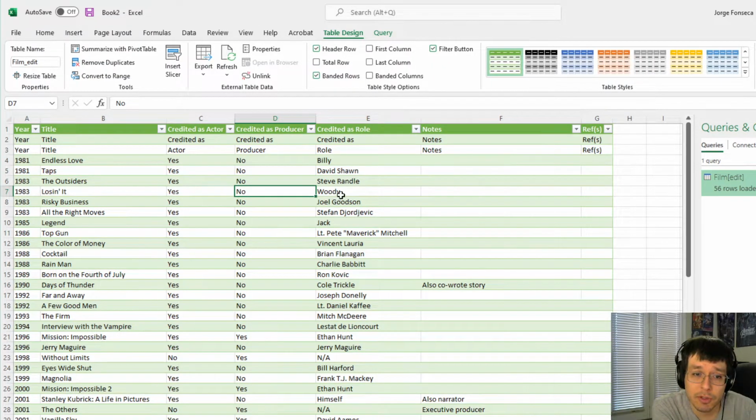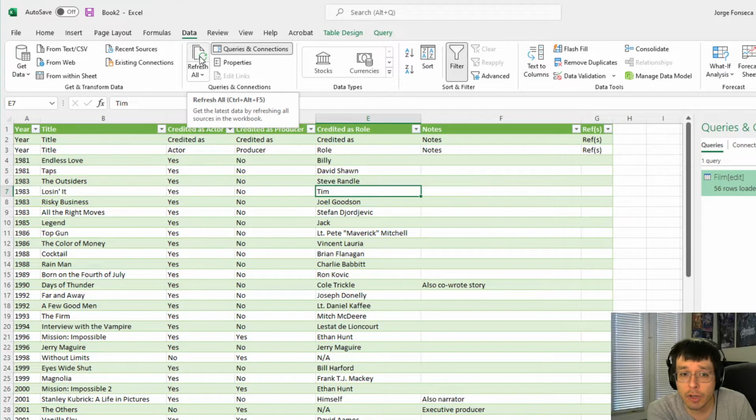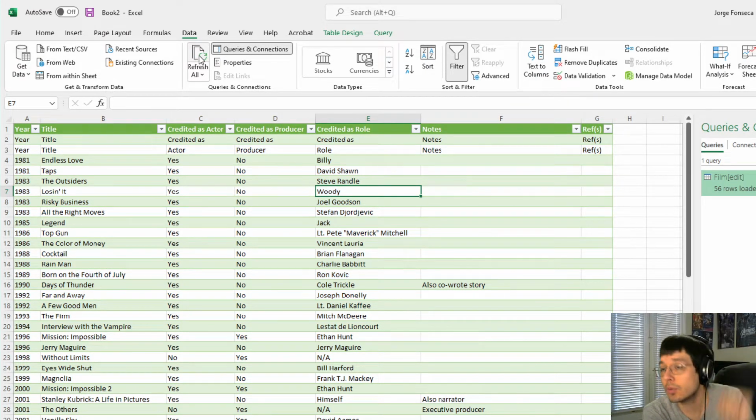If the information changes, so instead of being Woody, it was like Tim. But let's say that the website got updated. They fixed that. If you want to pull the information again, you don't have to do what I just did. You just go back to Data and then hit Refresh, and look how that's going to get updated to whatever the latest information is. So you can quickly update the information from the site as long as everything is the same in terms of